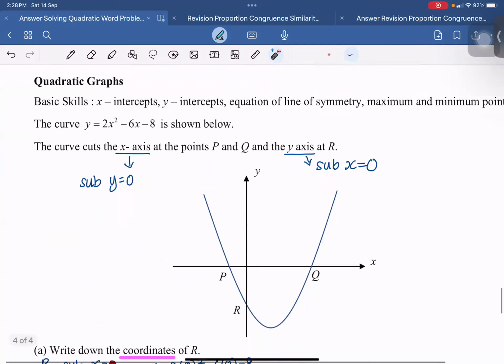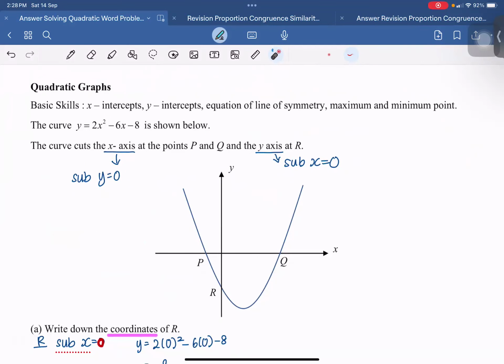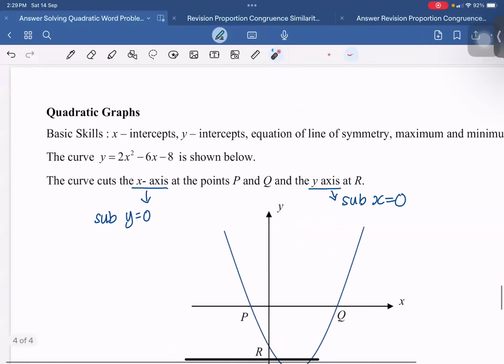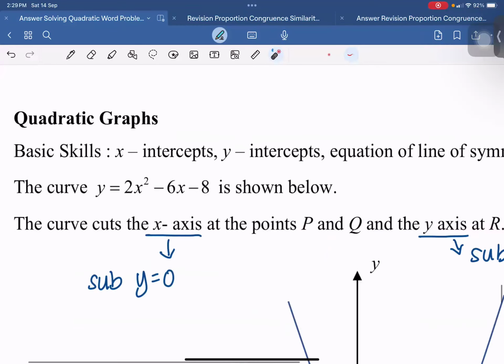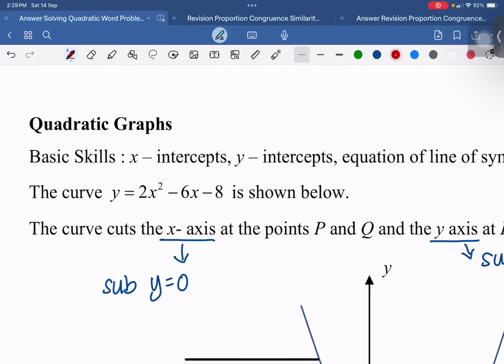Okay, there are 2 parts today. One part is on proportion, congruency, and similarity. That one you probably need to know as well and it's helpful. Okay, for quadratic equations, quadratic curve, first thing, if I have a positive x squared,